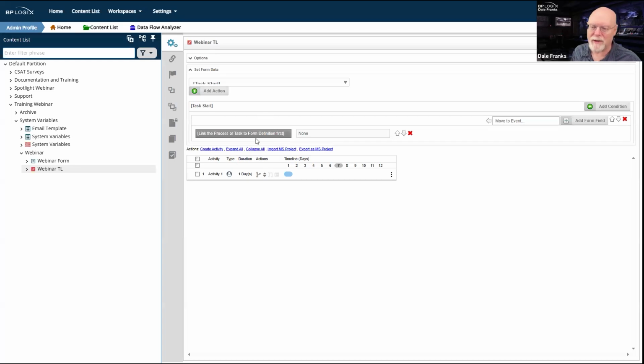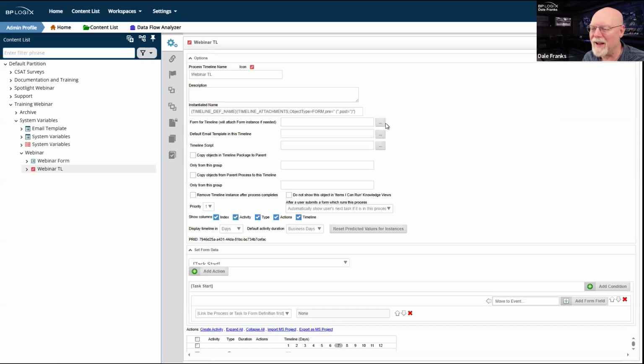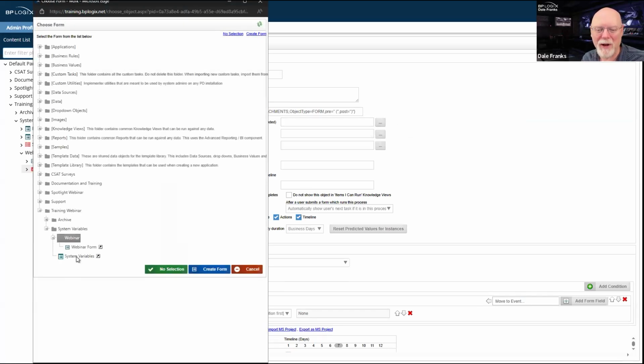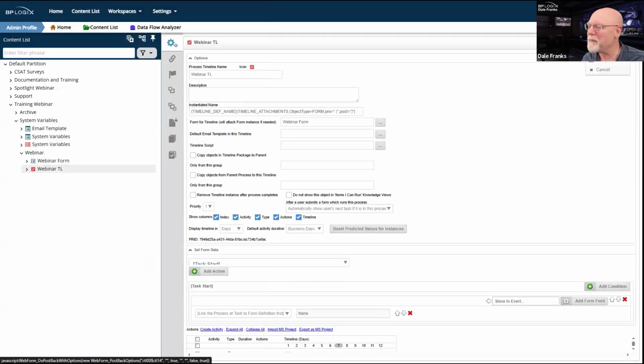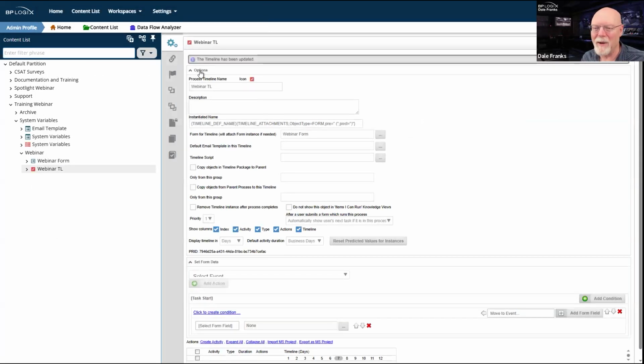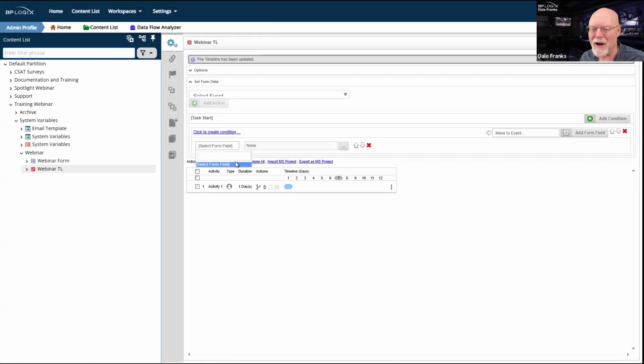Well, I haven't linked it to a form. I suppose I should do that. I built the form, but I didn't link it in form for timeline. So let me do that real quick and update it. There we go. Now it should work. Now I don't have any form fields on that form because I haven't placed any,